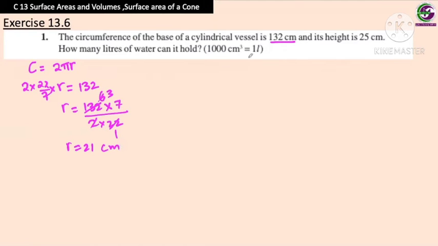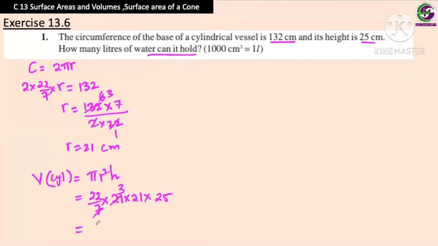Now we have to find how many liters of water it can hold, which means volume. So volume of cylinder, the rule is pi r square h, which is equal to 22 by 7 times 21 times 21 times the height, which is 25, which will be 34,650 centimeter cube. Now we have to convert centimeter cube to liters. So it's just opposite of what we did in meter cube. We have to move back by 3 steps. So which will be equal to 34.65 liters of water